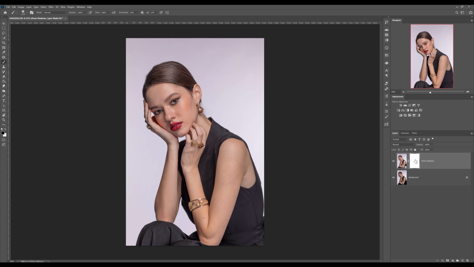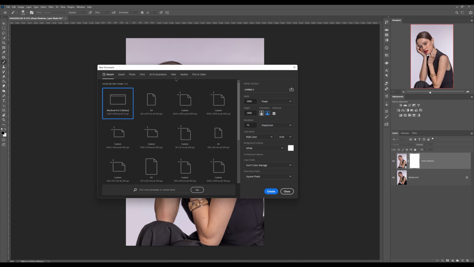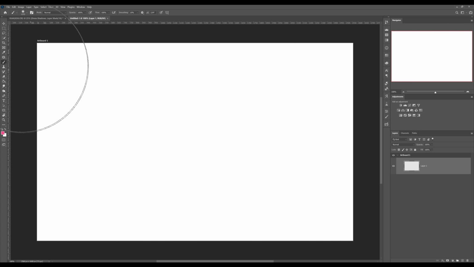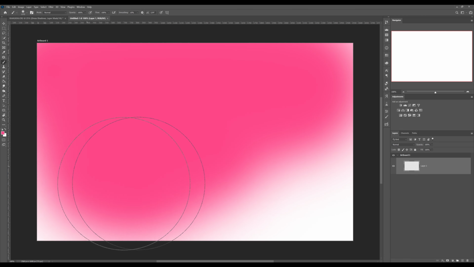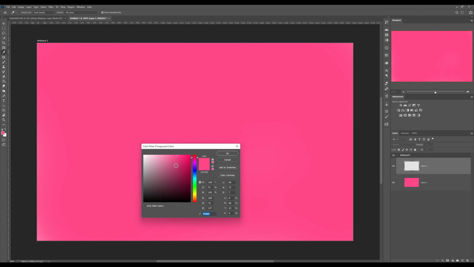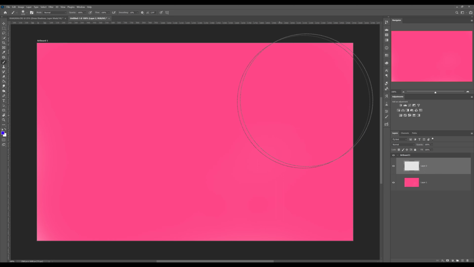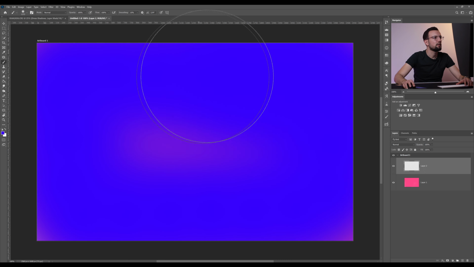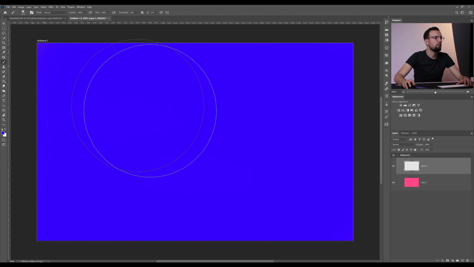Let me show you, if you don't know about layer masks, you can skip this part, but I'm going to explain what the layer mask does. I'm just going to create a new image here, and I'm going to color it in this pink. Okay, and we create a second layer here using this button, which is a blank layer on top, and let's pick another color. Let's say, blue. Okay, so we're gonna paint all this blue on top of our pink,